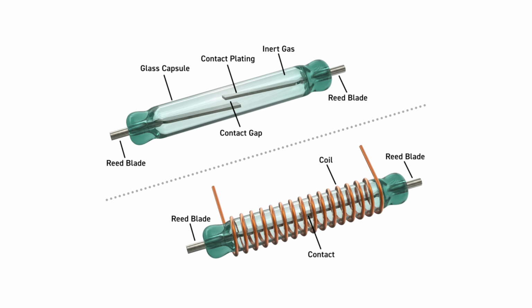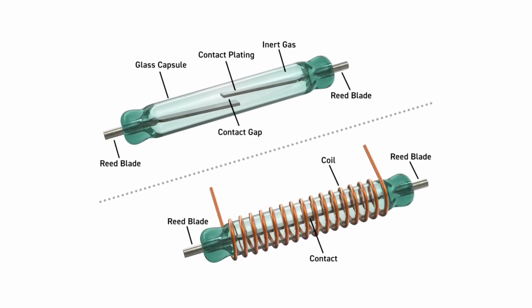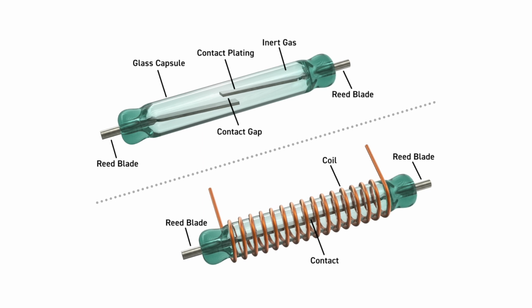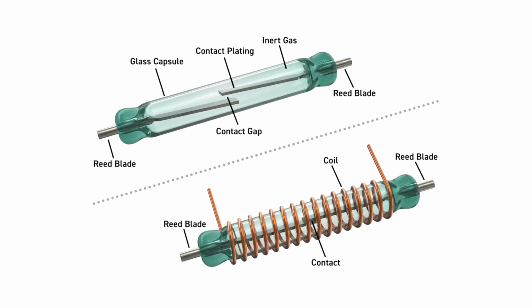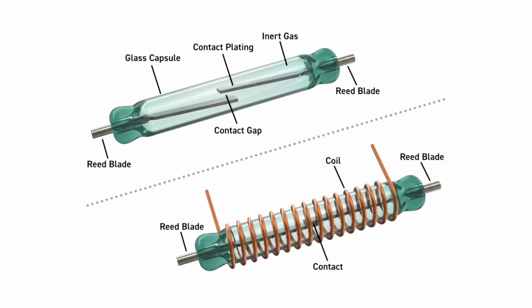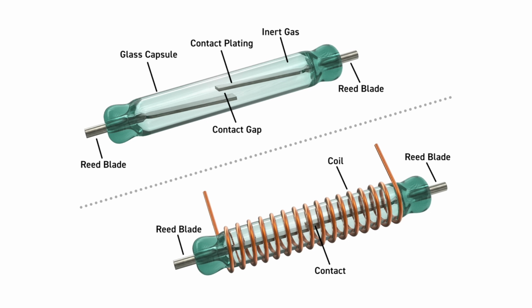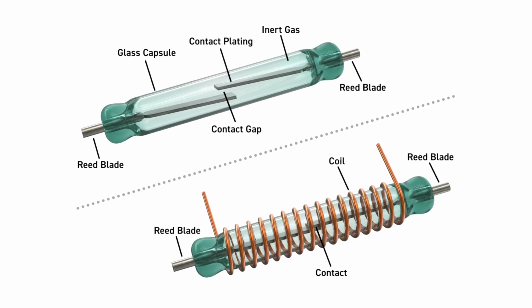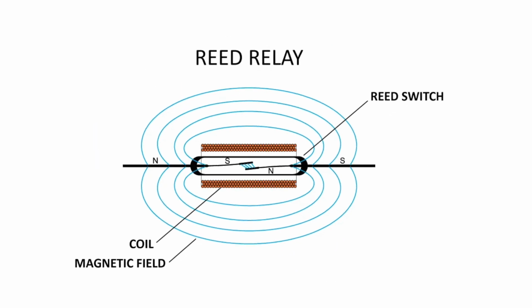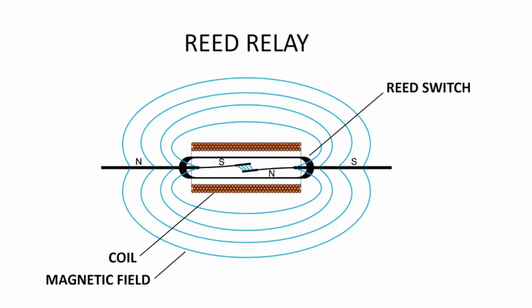If we discuss reed relays, a reed relay uses magnetic contacts controlled by an external magnetic field. A glass tube with ferromagnetic reeds closes or opens contacts under magnetic influence. It has low contact resistance, fast response, high reliability and low level signal switching. It is used in telecommunication, automatic testing and low power control circuits.